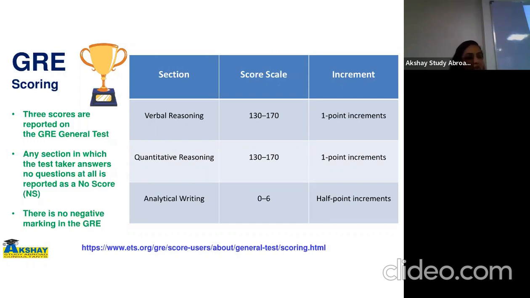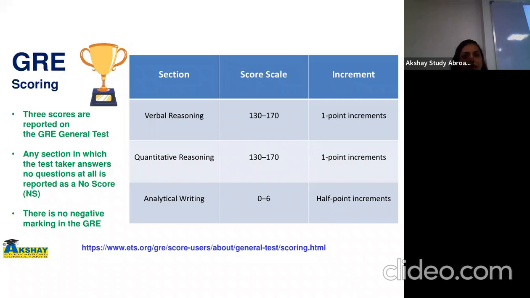Okay, so you get to know your score immediately after you submit your test, but you get to know the score of the verbal and quant sections only. Okay, the analytical writing assessment being descriptive, it cannot give you a score immediately. Software cannot give you a score immediately. So you get to know the score of the AWA section when you receive your score sheet. Okay, and it is awarded separately. You can see it's visible separately on your sample score sheet. Okay.